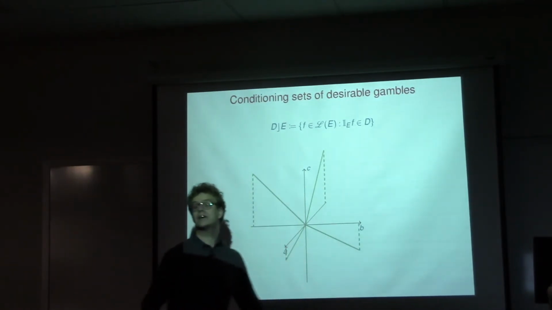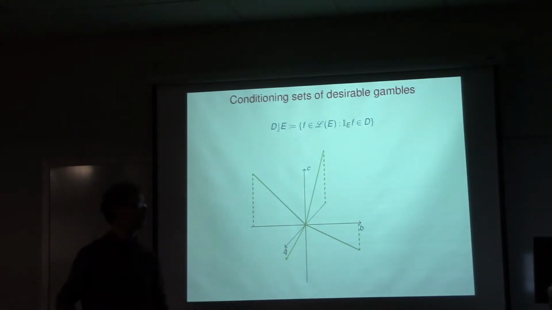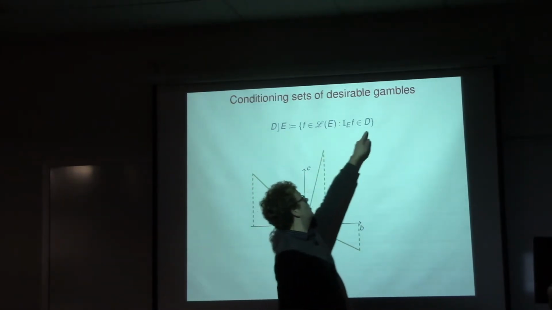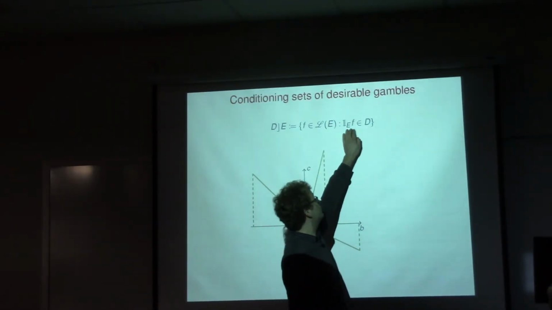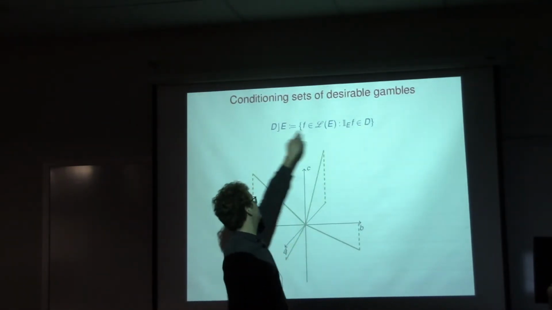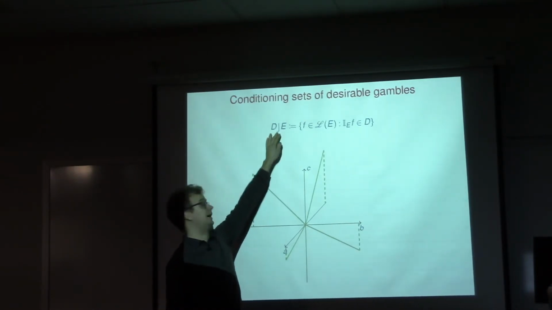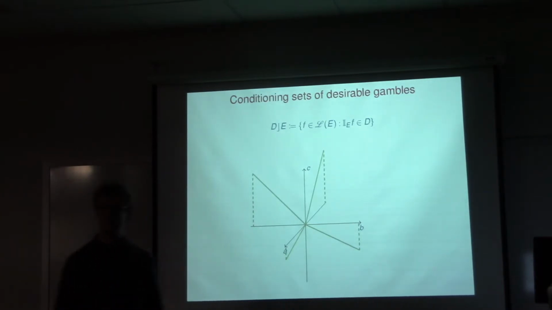Well, actually, that's a called-off gamble. That's the gamble that only goes through if E occurs. It gives you 0 otherwise, and if E occurs, then the gamble goes through. Otherwise, if E doesn't occur, the bet is called off. And I just look at which of those called-off gambles are desirable in my original model, and those called-off gambles define my conditional set of desirable gambles. So I think that's a very elegant definition. It implies Bayes' rule, it implies all the most informative existing rules.